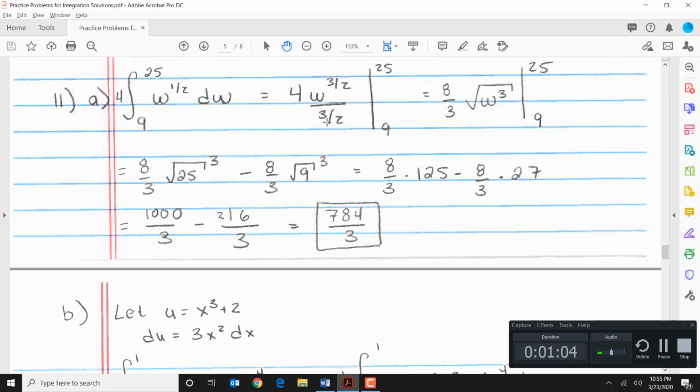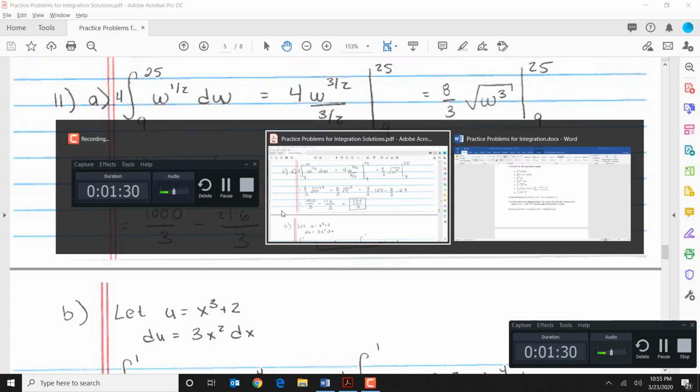Now, I simplified this, right? Dividing by 3/2 is the same thing as multiplying by 2/3. 4 times 2/3 is 8/3. And raising w to the 3/2 power is the same thing as the square root of w to the 3rd power. Plug in 25, plug in 9, and simplify, and I end up getting 784 over 3 once I plug in and simplify that answer. Now for b,